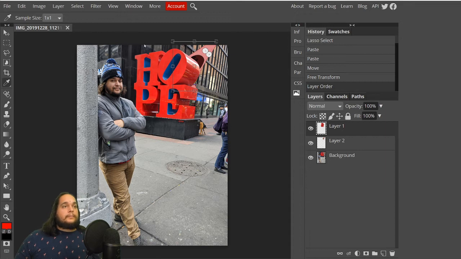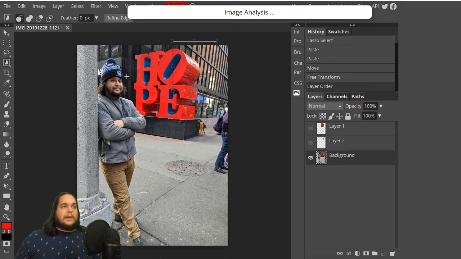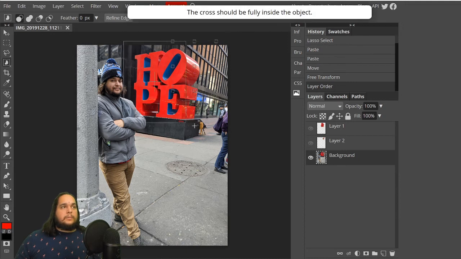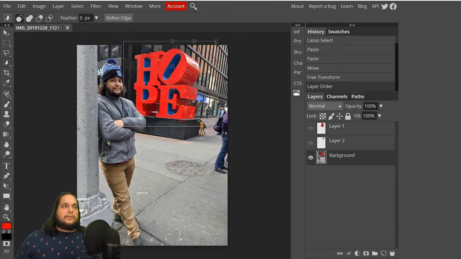So let's show you the other way we could do this. Let's hide these two layers, and I'm going to grab a different tool this time. I'm going to go down here to the object selection. Object selection works in a couple different ways. The first way will make you put a box, and whatever the cross in the middle is pointing at is going to be what it shows when it selects. So if I click this and let it go, it did a pretty good job of highlighting the Hope